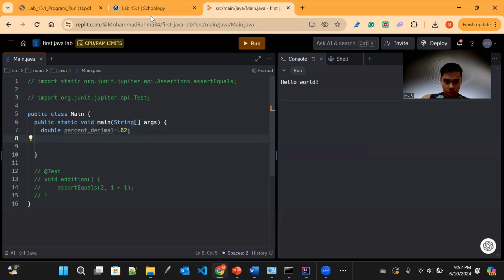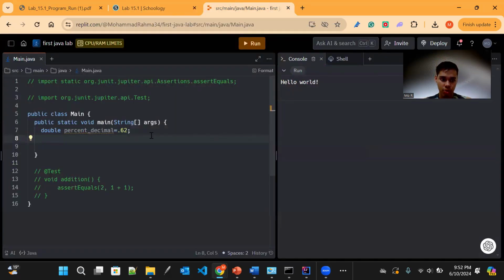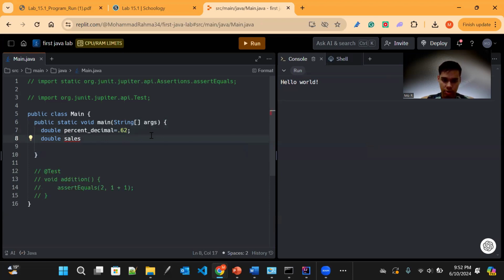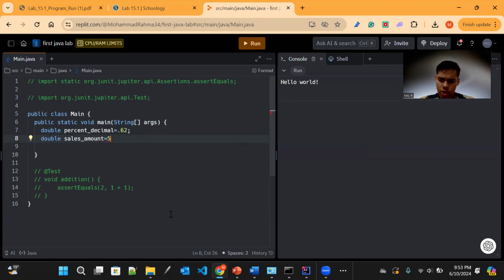And now, let's see over here. It says, based on the percentage the program generates, the company has $4.6 million this year in sales, right? So the East Coast company, right? So we're going to do double sales_amount equals 4.6 million. So that should be